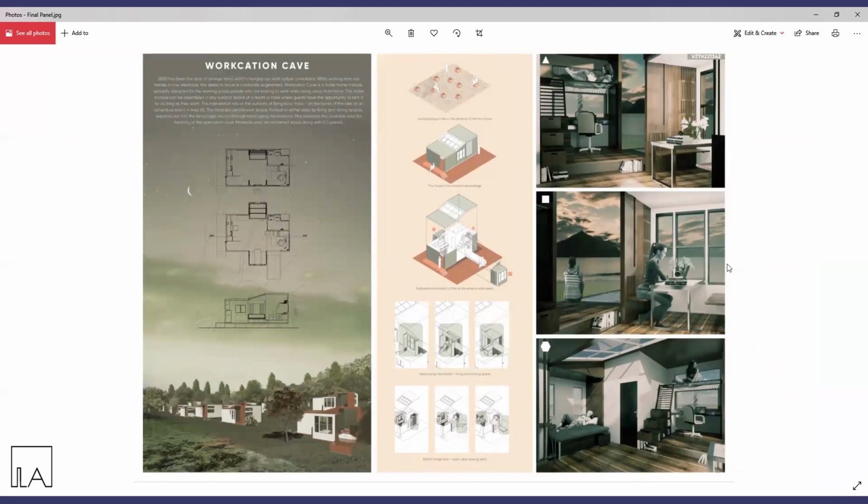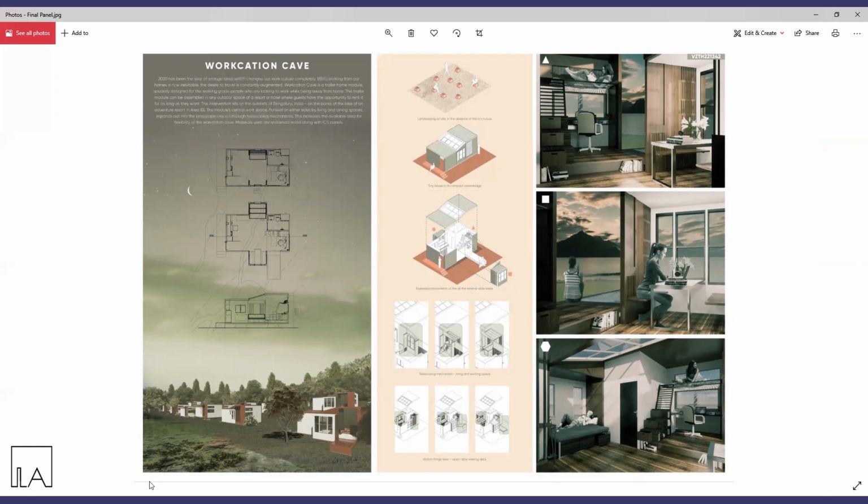Now, after selection of your color palette, another thing that's really important for your panel creation would be to sequence out your project in such a way that it's very understandable. So you have the larger idea for the project, and then you go into the smaller sections that make sense for the project to come to picture, and then you come into the details. And the details could be renders, there could be drawings, anything. As long as there is a sequence happening between the parts of your panel, that should be good.